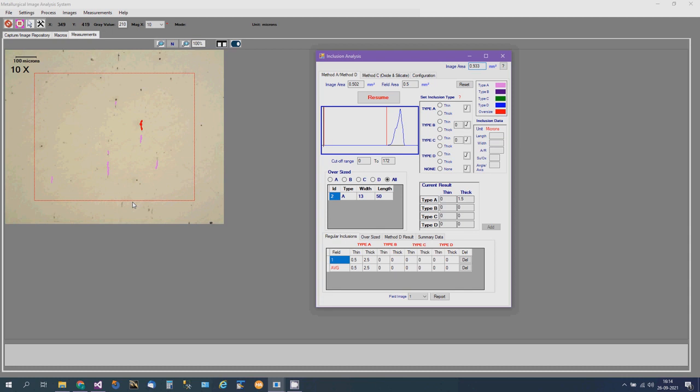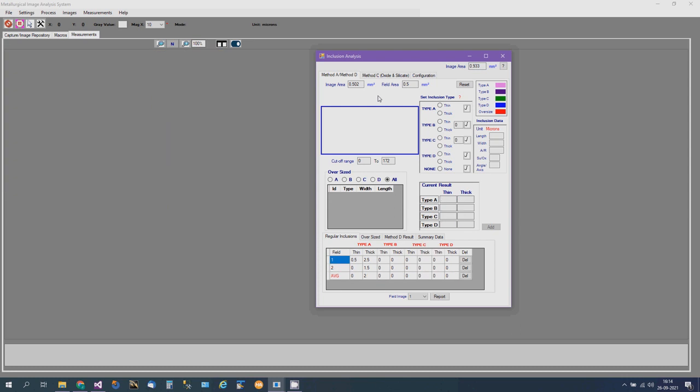The software has already detected the direction, so you don't need to set anything for the direction. It detected that this is in the vertical direction. Again, there is no thin or thick, but there is one oversized inclusion. Resume, and it will be added to the cumulative result. Oversized inclusions will be here, and regular inclusions will be here.